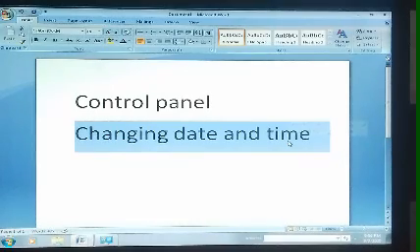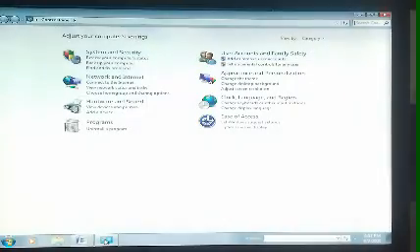Okay, so dear students, if you want to change date and time in your computer system, you have to select the clock and region category in the control panel window. So first of all, we need to open control panel, which we have already opened. Okay, this is the control panel.